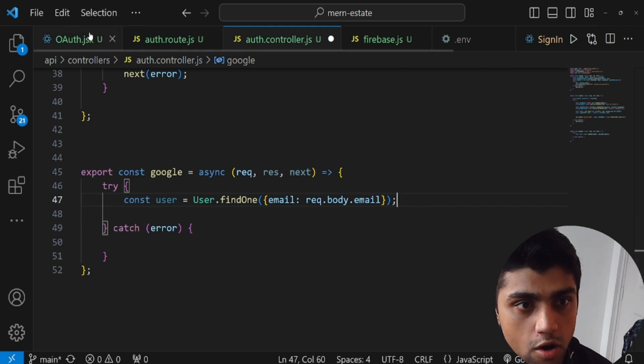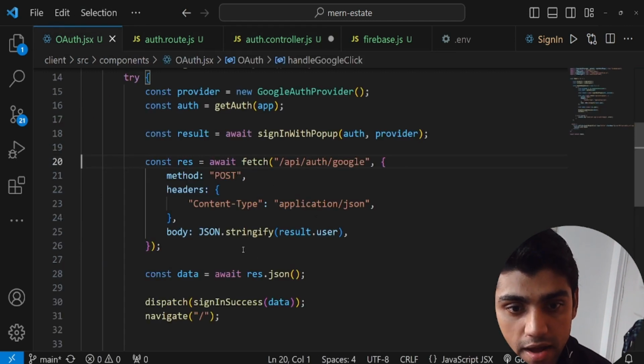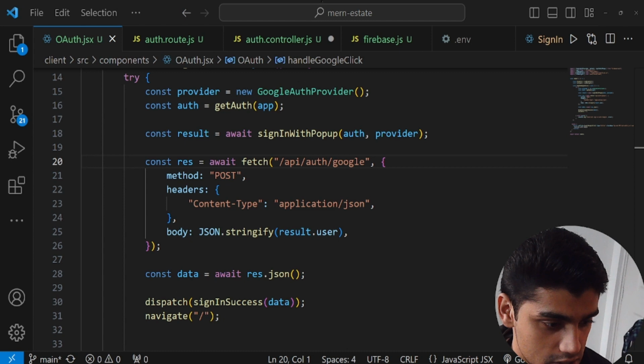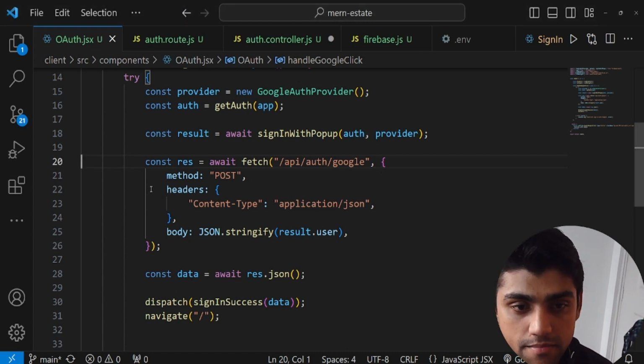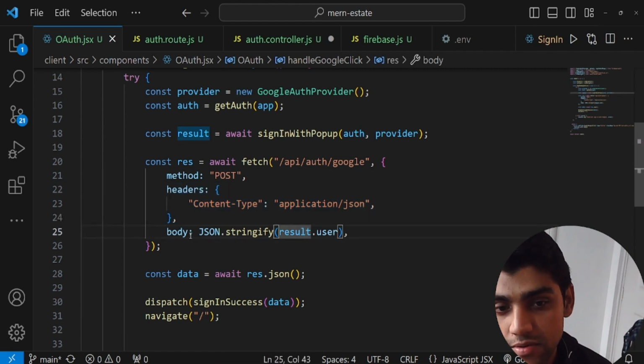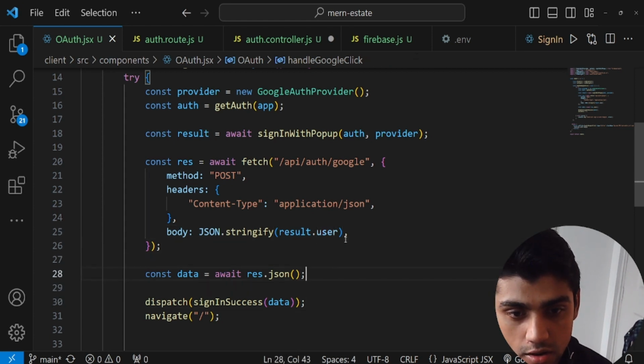Now you go back to the OAuth. Remember that it provides you some things. Let me go back to OAuth.jsx. You could see that if we look at the body, which is the things that were provided, JSON.stringify, we get the result and .user. This is, if you just console.log this,